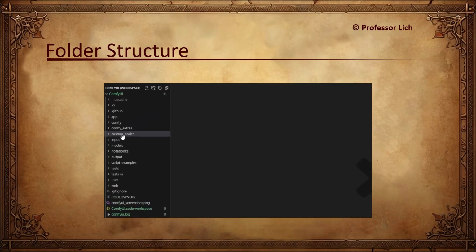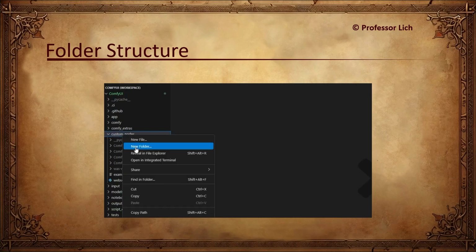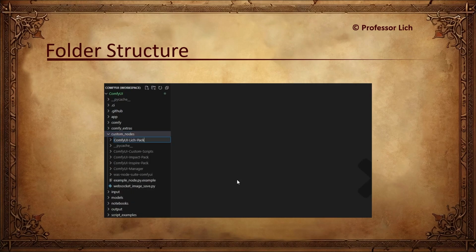To your left is where the directories are. You right-click on custom nodes, you click on new folder, and you give that folder a name. If you're not sure about the name, it's probably best if you follow what other developers are doing and just copy their system. At this level in the folder hierarchy, we have upper and lower letters. As you can see, words are mostly separated by hyphens here.